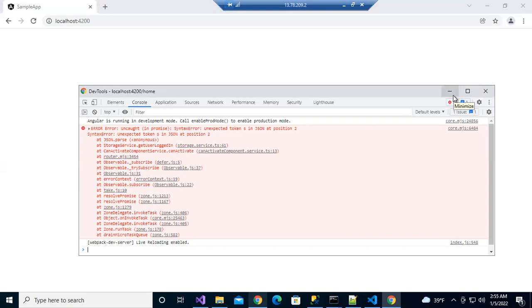Angular provided the error handler, so it will be logged by Angular. Fine, but in real time you need to log always. You need to log any data, whether success or fail or whatever it is. But mostly for a failure, we definitely need to log in the system, because any user doing any process in real time, something may go wrong in the course of the project. In which scenario and what is going on, we need to know. The production team always needs to know. How will they know? They will maintain the log files.